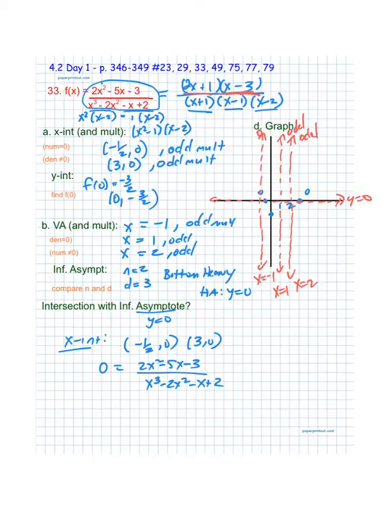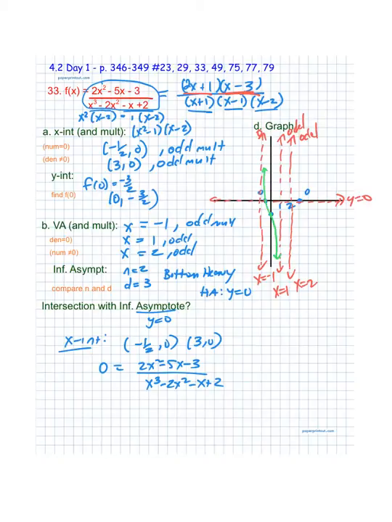Okay, now to sketch the graph. I'm going to start at the y-intercept, so I know I need to pass through 0, negative 3/2. The x-intercept at x equals negative 1/2, 0 is odd. That means the graph has to cross the x-axis there. So if the graph is going to cross the x-axis there, it's going to be going in this direction. Then it's going to approach the vertical asymptote at x equals negative 1 and shoot up to positive infinity. I'm going to pass through the y-intercept at 0, negative 3/2, and continue down towards that vertical asymptote at x equals